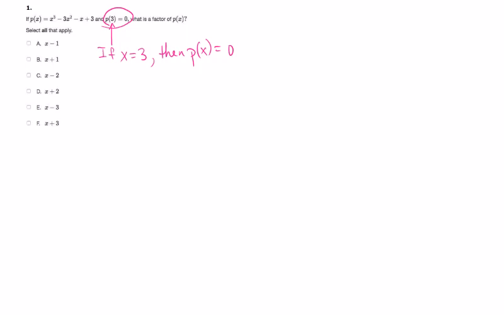So that's basically what it's saying. So if the input is 3, the output is 0. So which one of these, if you put in 3, will you get out 0? And the answer is that one, right? Because 3 minus 3 is 0. So that's the one that we know right off the bat, just because they tell us